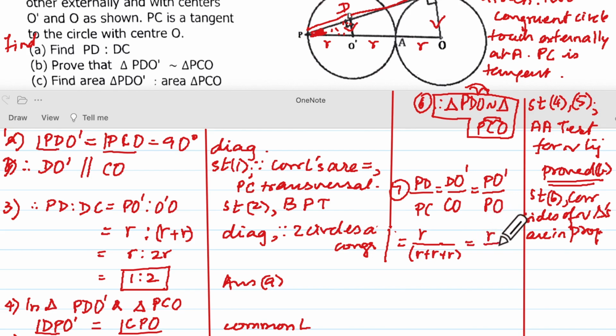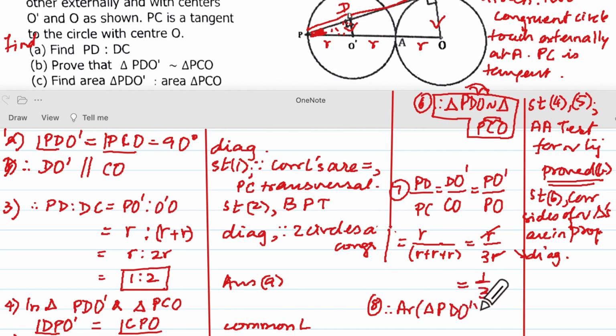Which will be R upon 3R, correct? This will be from the diagram, no? Okay, so that will be equal to 1 upon 3. Correct? R and R got cancelled. Then, therefore, area of triangle